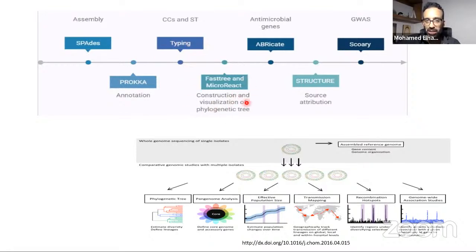I usually say to my students, I won't discuss anything related to evolution. Instead, show me the tree first. So we build the phylogenetic tree and minimum spanning tree in order to see the clustering. And then we can determine the antimicrobial resistance as compared to the public data set.